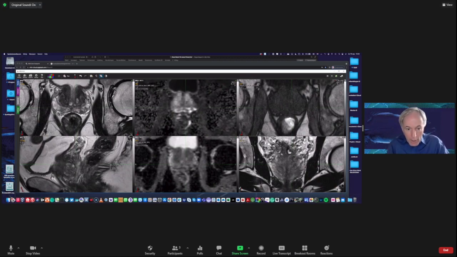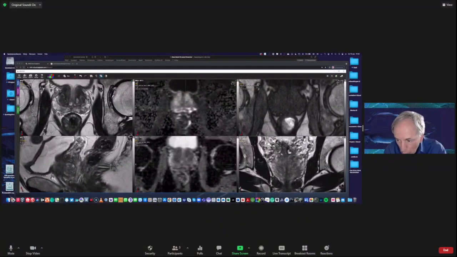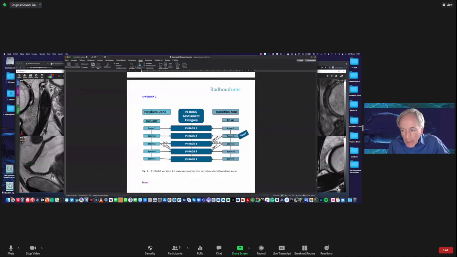Yes. Okay. So what I would like to do today is to show you how PI-RADS with the workstation works. I collected about 10 cases which I would like to review. And before I start, I would like to give you a few clues in how you will perform PI-RADS